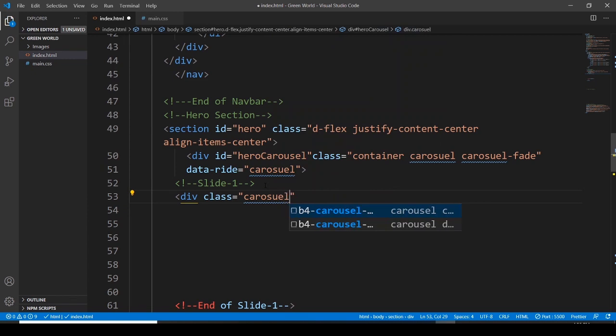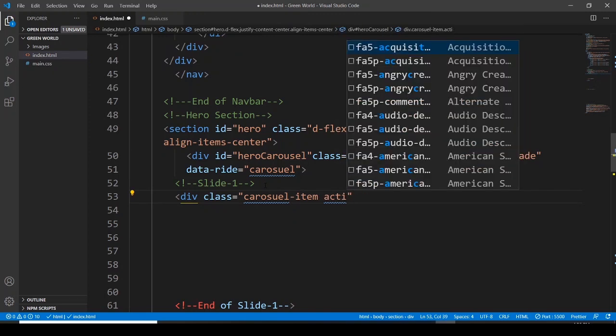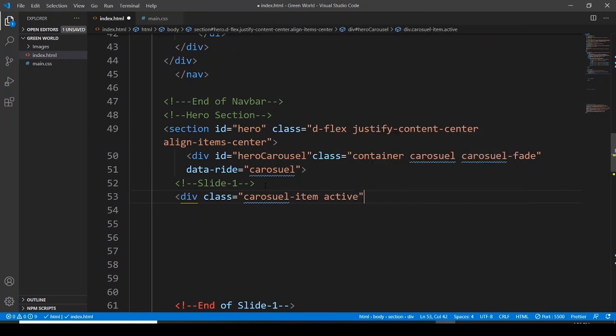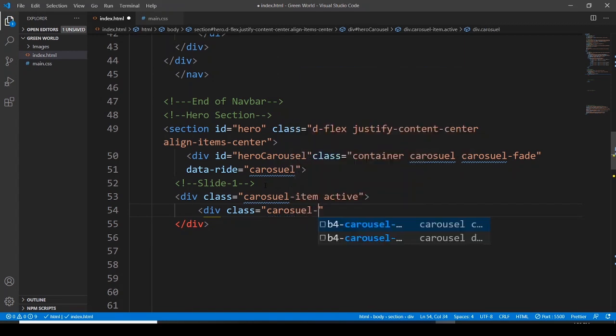Carousel, carousel item and active. For the active class, the first one I want it to be active, to be shown on the screen. So div class carousel container,